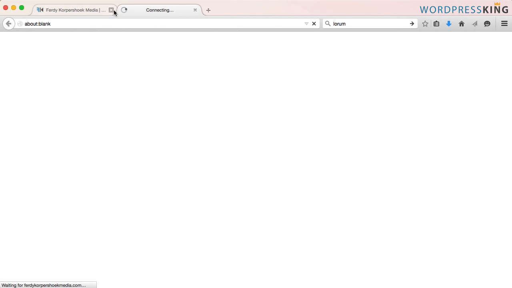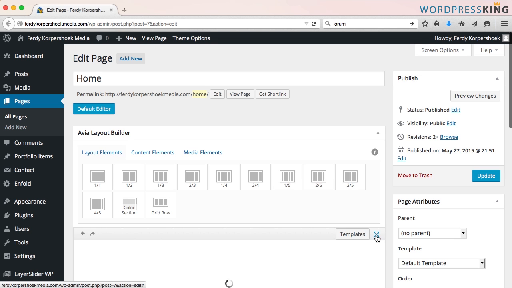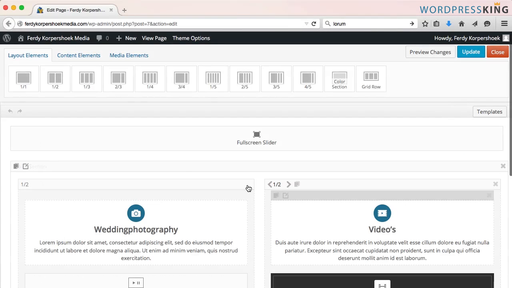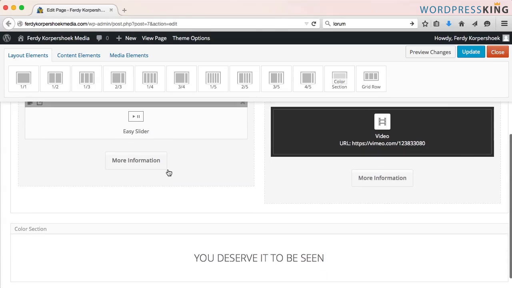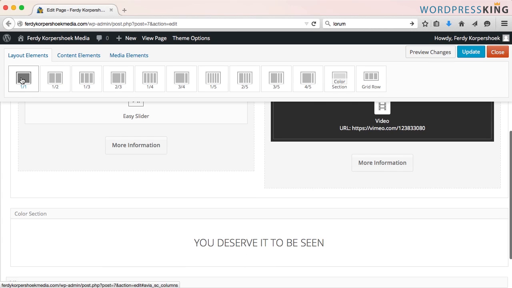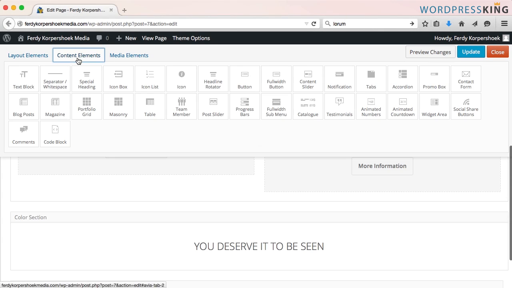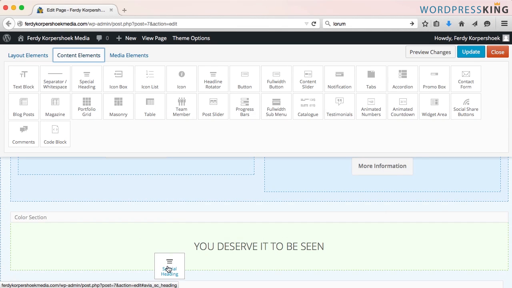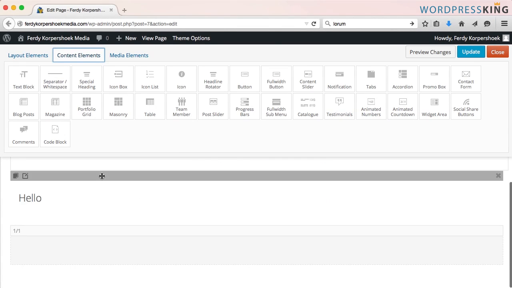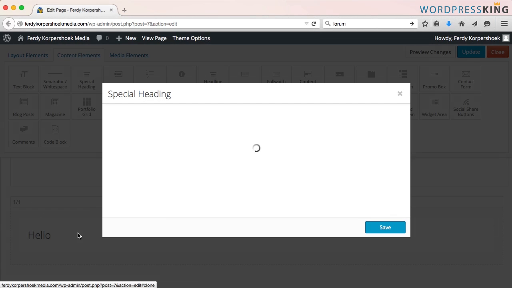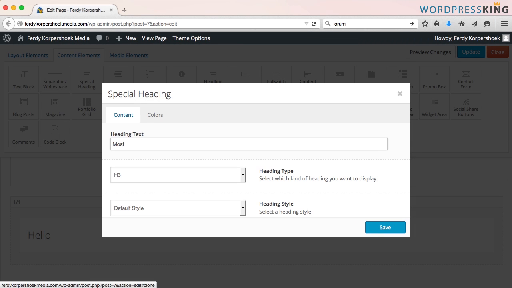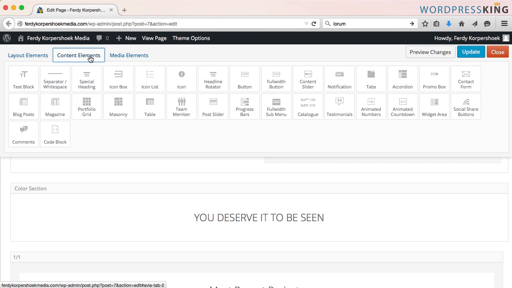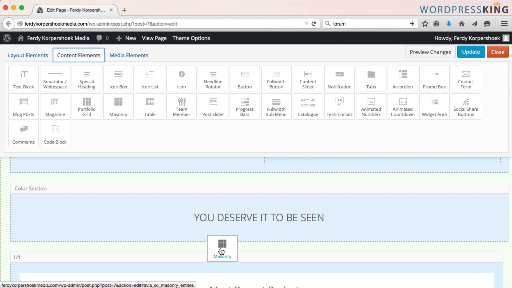I edit the front page. I expand this icon once again. I scroll down, I make a one-on-one section, and I add a special heading. Drag it over here in the one-on-one section, click on it, say most recent projects, H1, in the center, save it, and then I go to a masonry, I drag it below